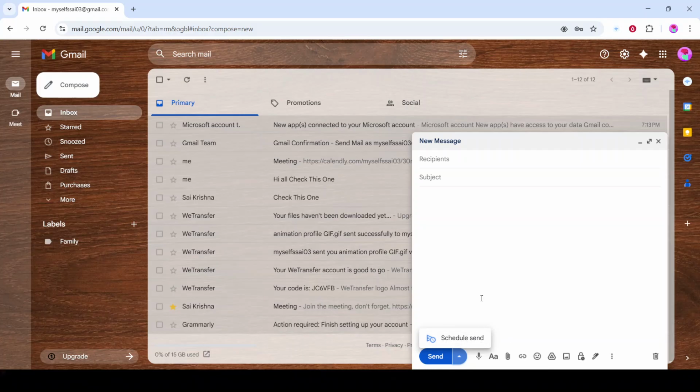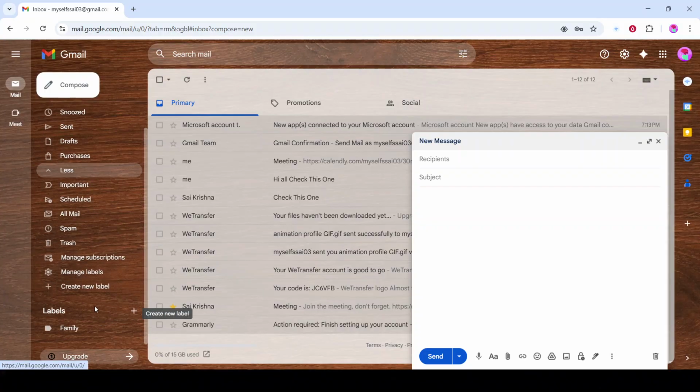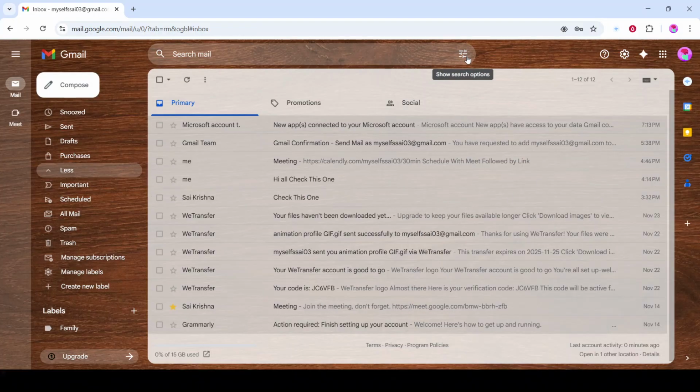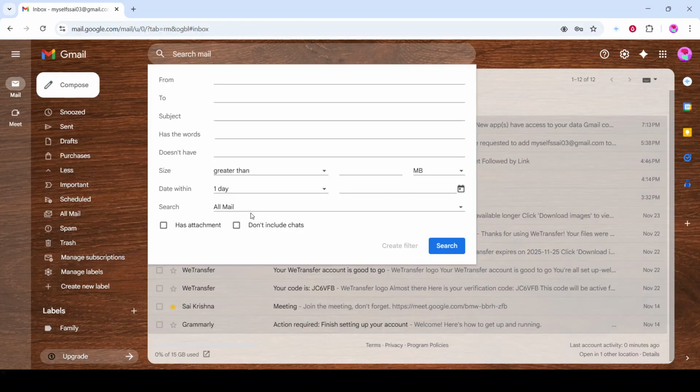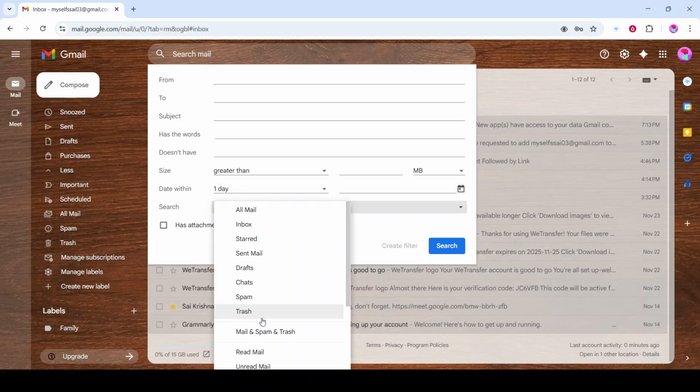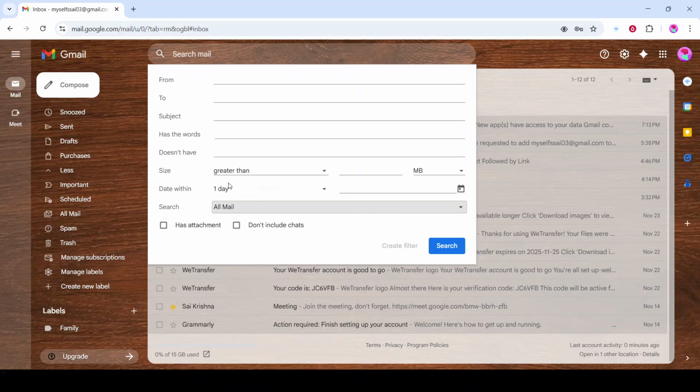Keeping your inbox organized makes everything smoother. Use labels to categorize messages, like important, work, or personal, and apply them as you go. Set up filters so new messages automatically get labeled, archived, or starred based on criteria such as sender, keywords, or whether they include attachments. Archive anything you don't need in your inbox and delete what's truly unnecessary to keep things